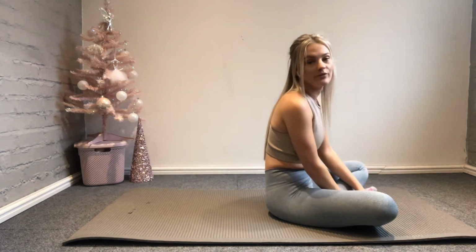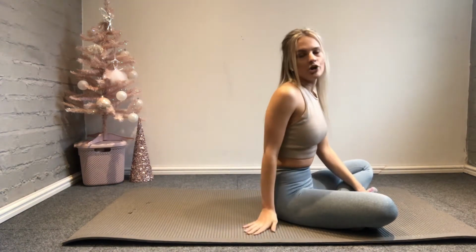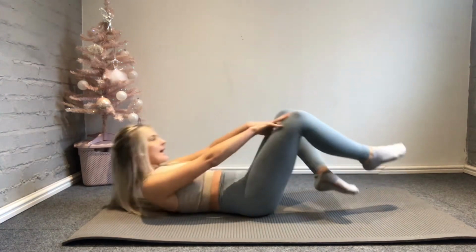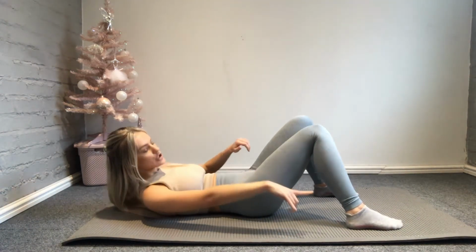Then move number 4, we've got toe reaches. So this is going to work our sides, our obliques. So again, 2 different ways to do this. I'll show you the easier option first, is to lie on your back with your feet shoulder width apart, and we're going to reach to our little toe, back up to the middle,